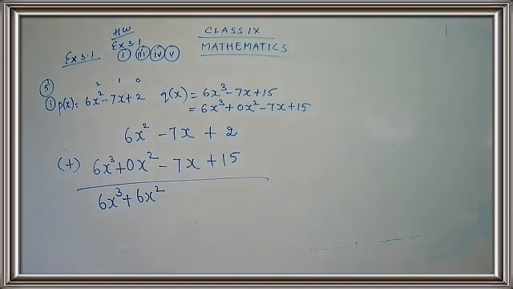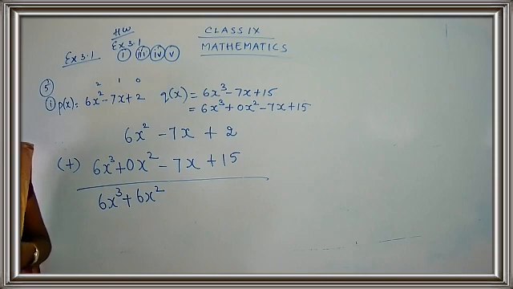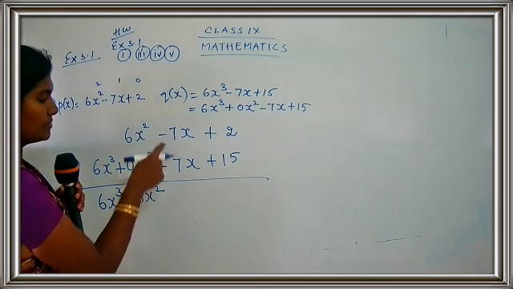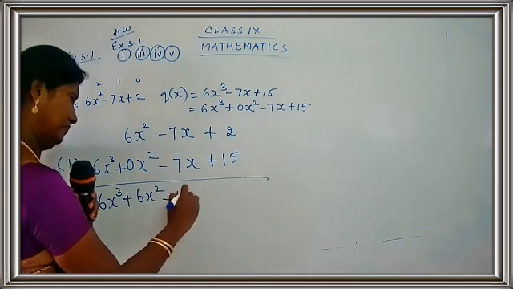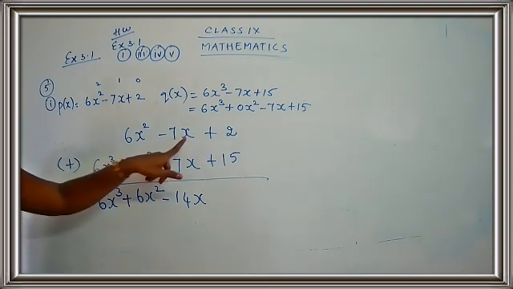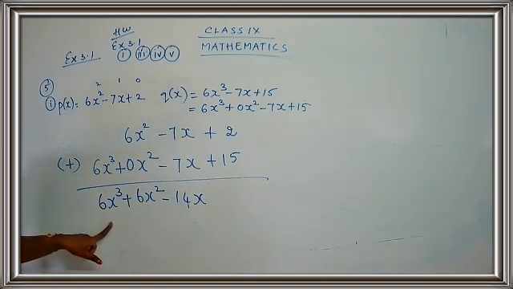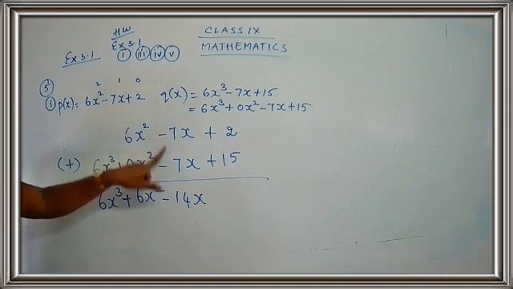Now, let us go for the next term. Minus 7. Children, what is the answer, children? Minus plus. What is minus plus? 7 plus 7. 7 plus 7. 14. 7 2s are 14. Okay. 14. Since two negative signs are there, the answer will be negative. Minus is plus. The sign of the bigger number. You have both the numbers equal, yes. So you have to write down the minus sign and you have to write down the variable part, that is x. So I get minus 14x. Are you clear? 6x cube, 6x square minus 14x.